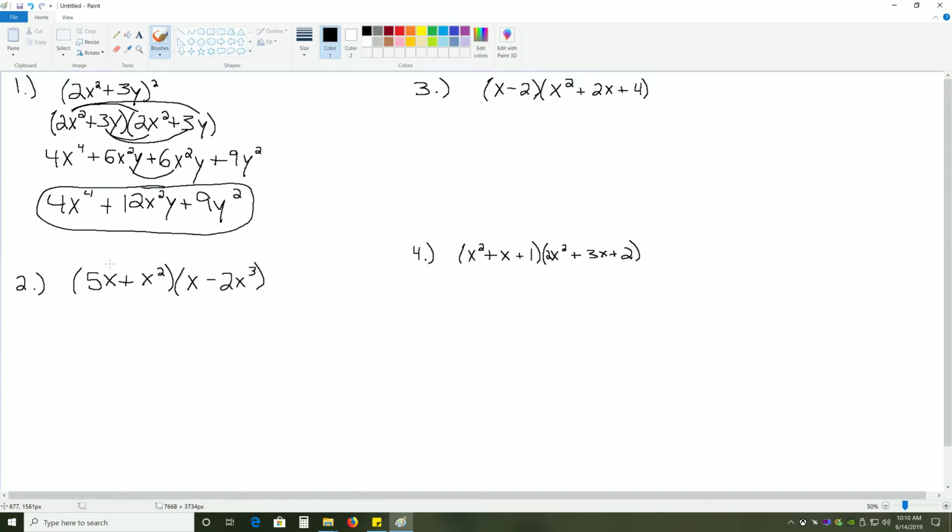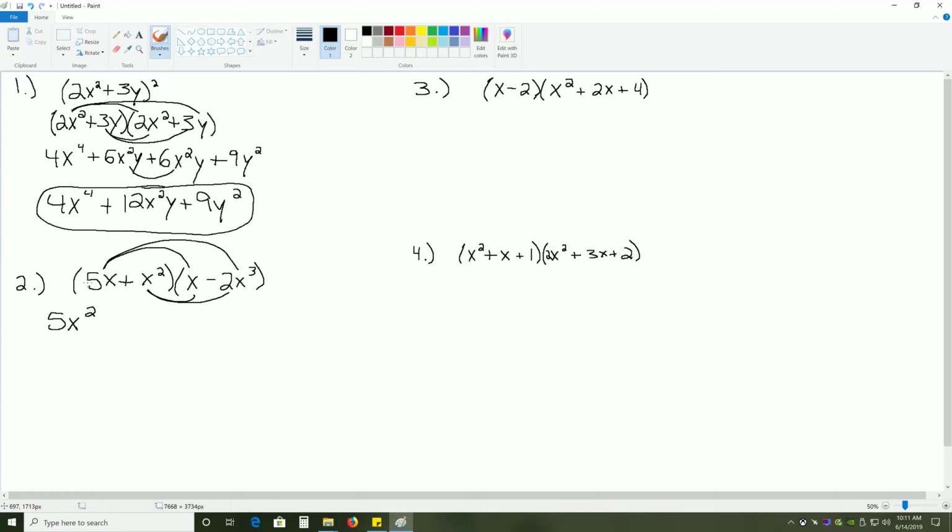Okay, now for the second problem. And again, I suggest you pause this and try this out on your own if you're feeling a bit more comfortable with it. So 5x plus x squared times x minus 2x cubed. This 5x, we're going to distribute it to each term that's being subtracted here. And then again, we're going to distribute the x squared, just like we did in the last problem, which gives us 5x times x is 5x squared